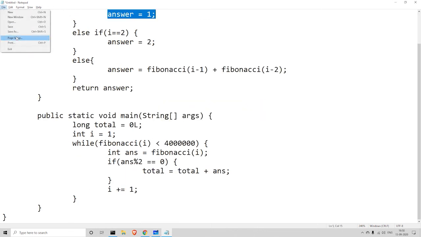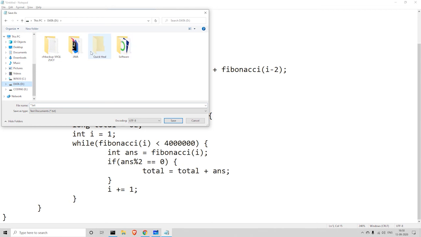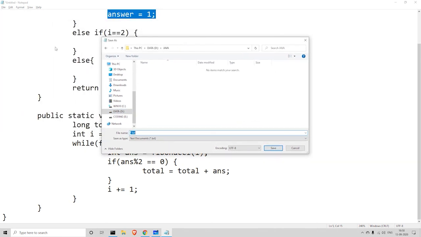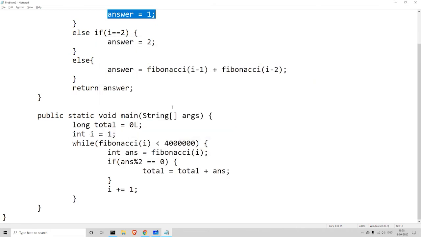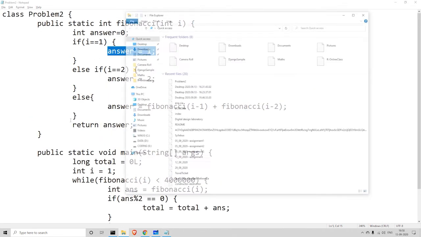So what I'll be doing now is I'll save the code, and as you all know, whatever the class name is, you have to save it like that. Since the class name is problem2, I'll save it as problem2.java. That's how I'll be saving it.